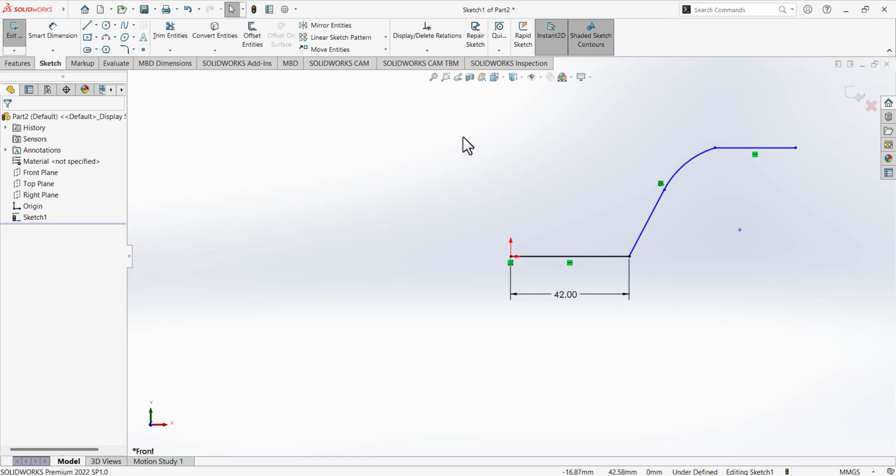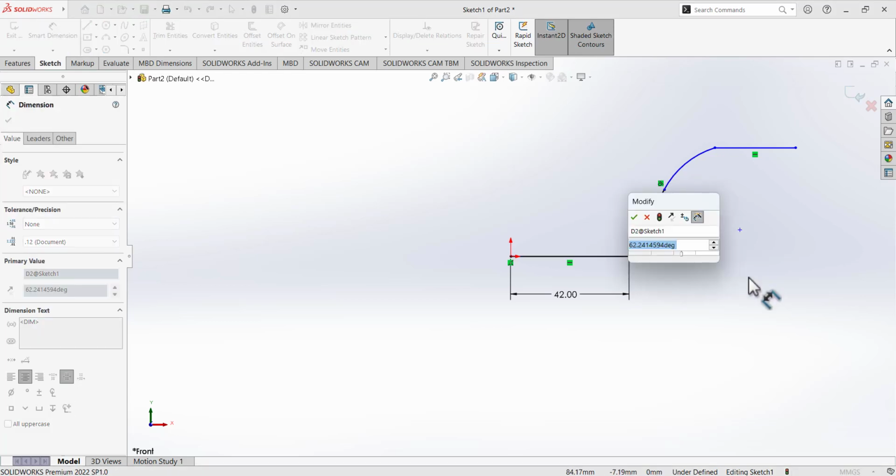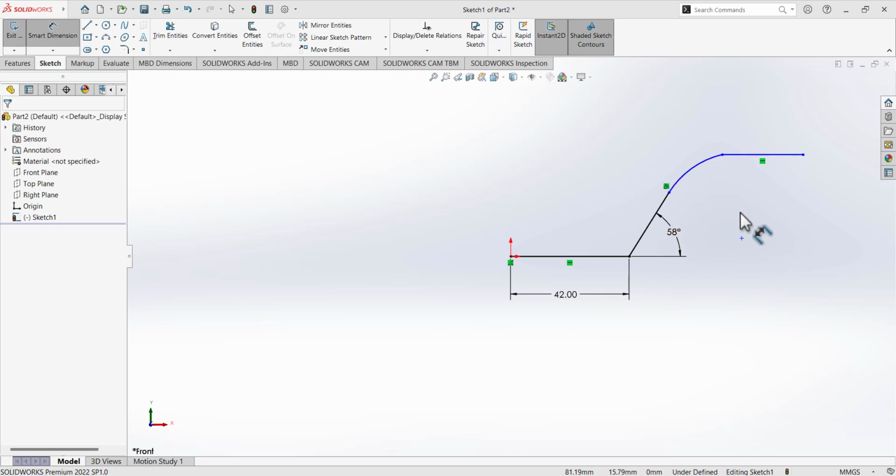So here we are going to add some relation and dimension. So activate the smart dimension tool, select it, and we are going to define the angular dimension between this line. So select this line and then select this line, and it will have angular dimension between these 2 points at this location. If we move your mouse at this point, now it's defining the angle in that direction. Also place it here. So for this angle,